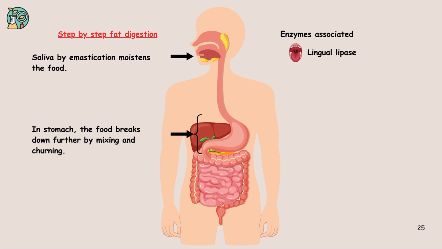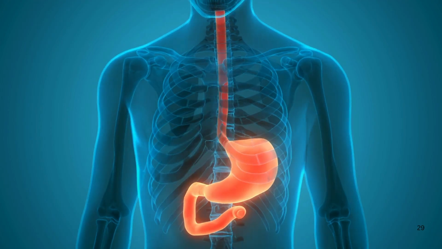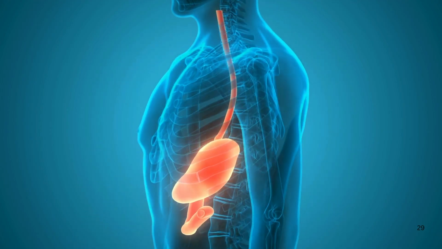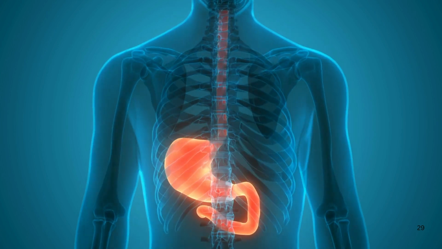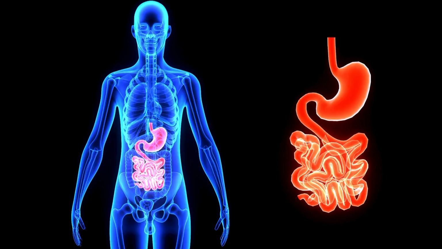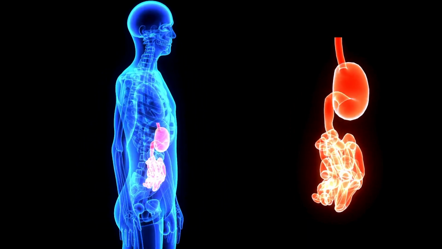In the stomach, the food breaks down further by mixing and churning with enzyme gastric lipase. Therefore, in the stomach, the enzyme lingual lipase and gastric lipase gets activated due to low pH. After mixing with enzymes and churning in the stomach, the food goes into the small intestine, where further fat digestion